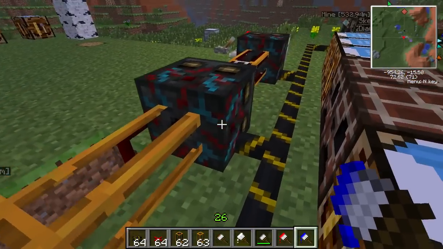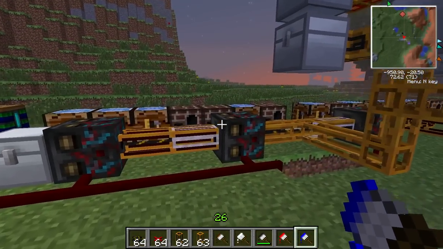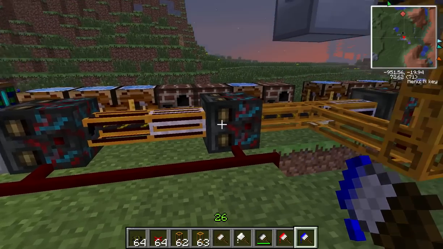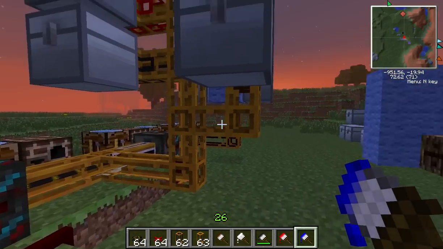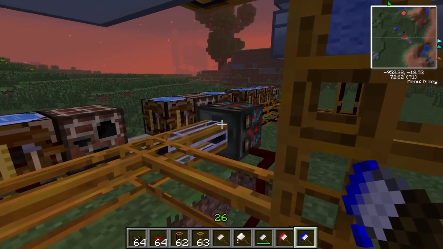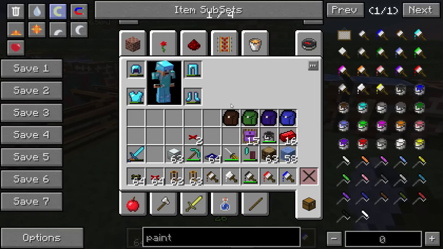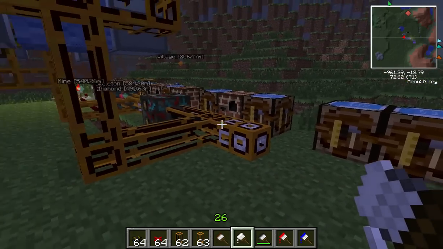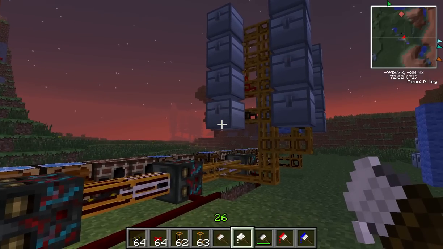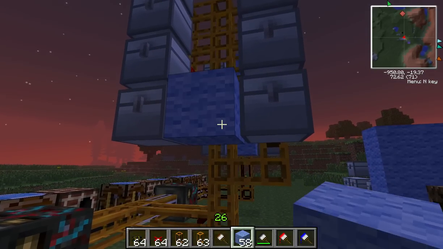So that's how it works. It seems complicated. Once you get them going, it's quite simple. Sorting machine, select your colours for the chests. Make sure you've got a white one going to your next sorting machine. And you just keep on going with your sorting machines right the way along. Very smart system, and one of the best things about it,